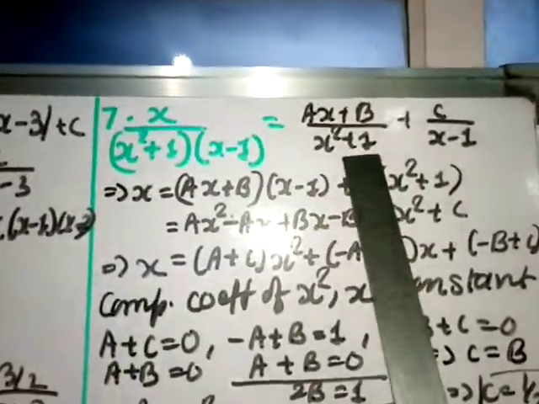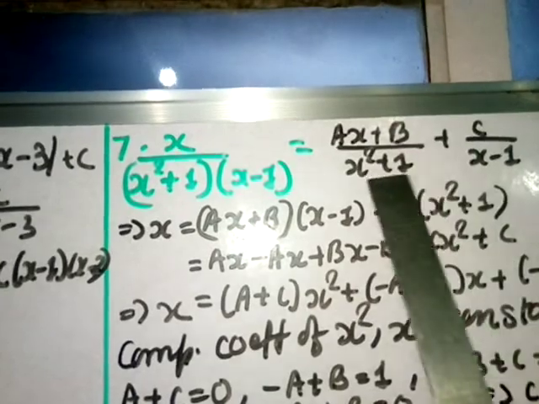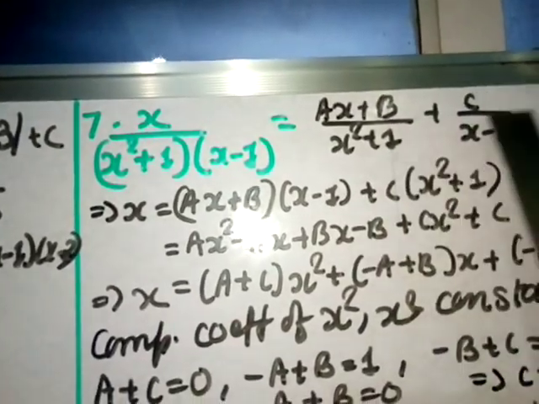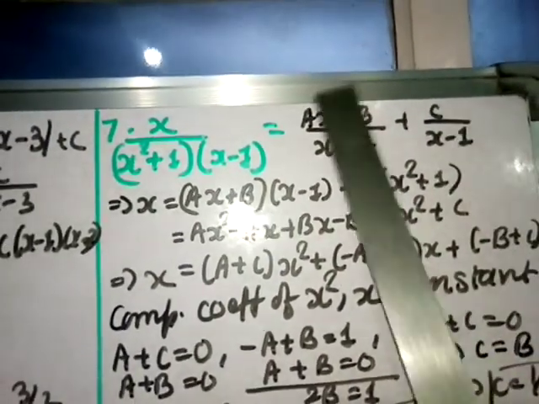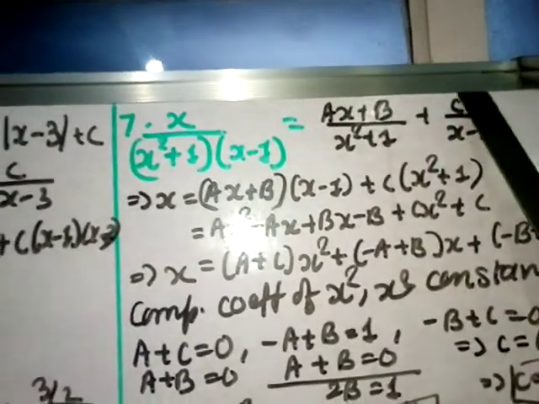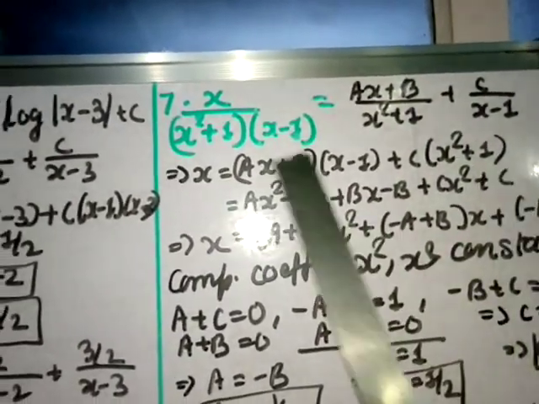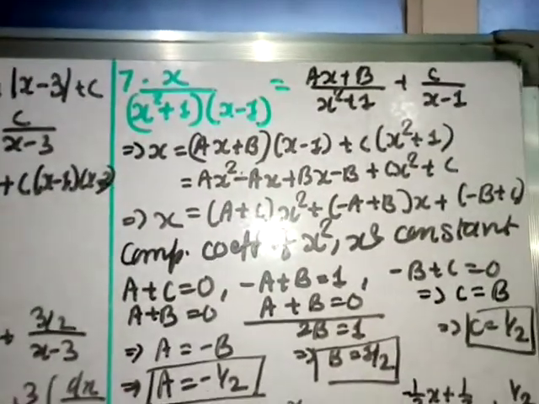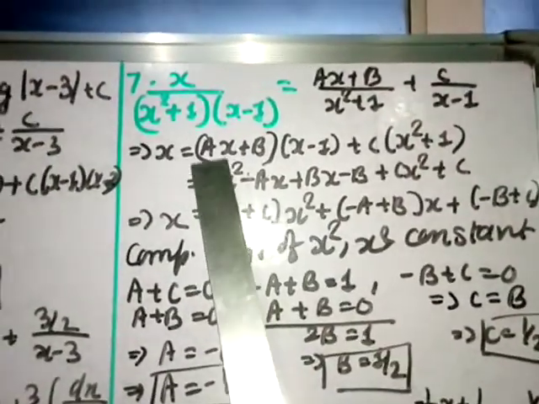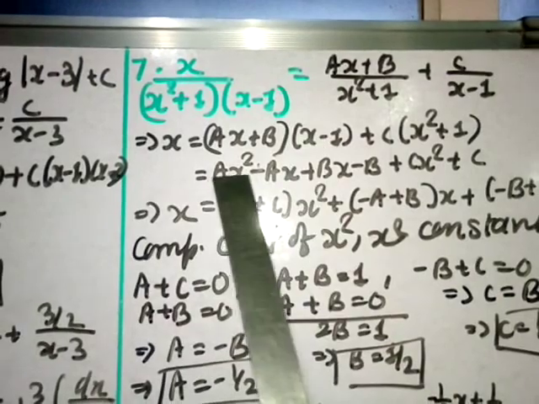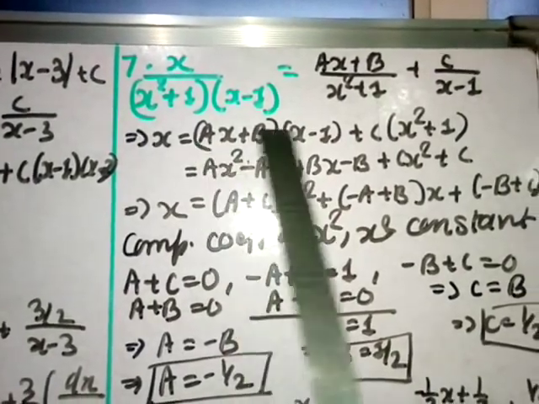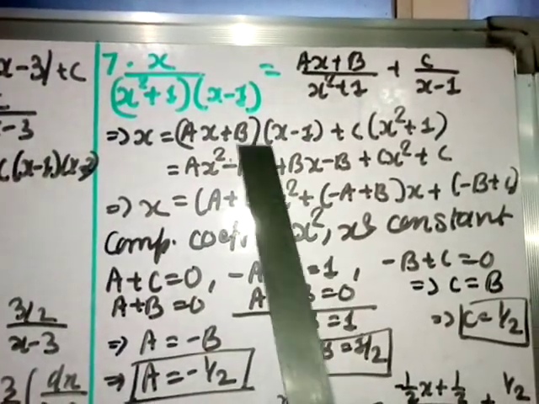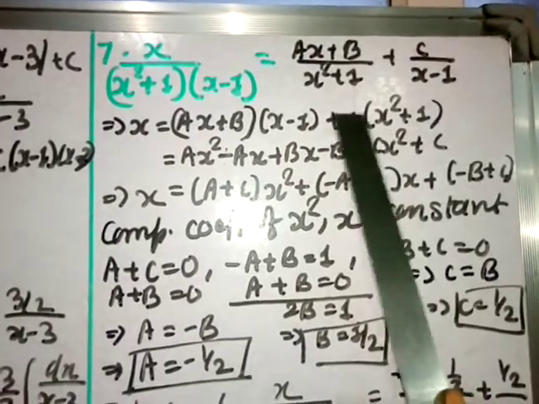Okay, then we have to take, and x square plus 1 also cannot further factorize, so we can take ax plus b divided by x square plus 1 plus c divided by x minus 1. Take LCM, so cross multiply here. Okay, see I have multiplied here, denominator already I have cut. Now I am opening the bracket and I am going to compare the coefficients. So I will open the bracket, so a into x, ax square minus ax plus bx minus b plus cx square plus c.